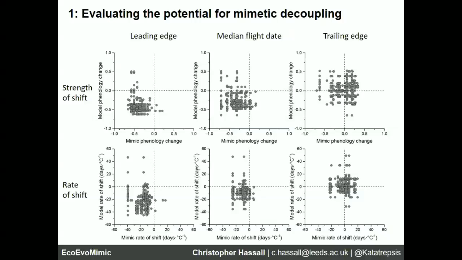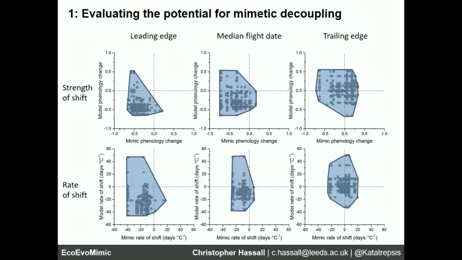But more important for what I'm going to talk about is the fact that we have a lot of noise. And as we know, evolution works on noise. So there's an awful lot of variability in these systems, and some model mimic pairs are tracking very nicely. They lie on the one-to-one lines on each of these plots, but there's a lot of species that don't, a lot of pairs that don't. So it's those that are of interest.